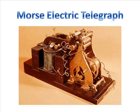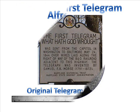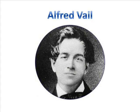Morse and Vail continued to improve the telegraph and built a telegraph line from Washington, D.C. to Baltimore, Maryland. The line was completed in 1844. It was across this line that the first official message was sent via telegraph, and it read, "What hath God wrought?" This message was written in Morse code, a code of dots